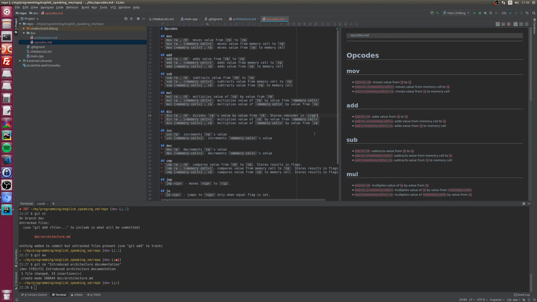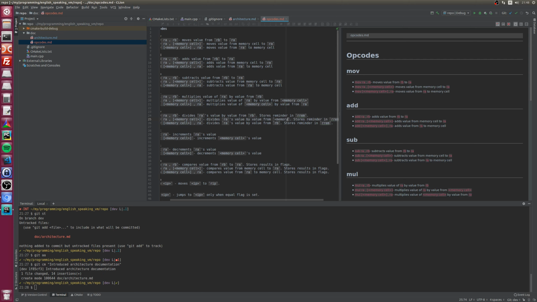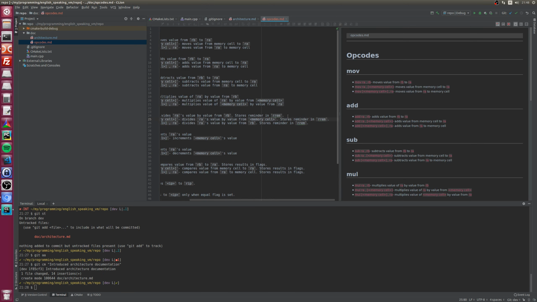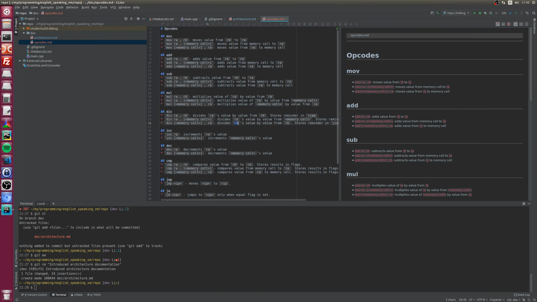We can have plenty of registers. Divides array's value by value of RB. And the last one: divides array's value by value from memory cell, and the remainder goes into the new register.